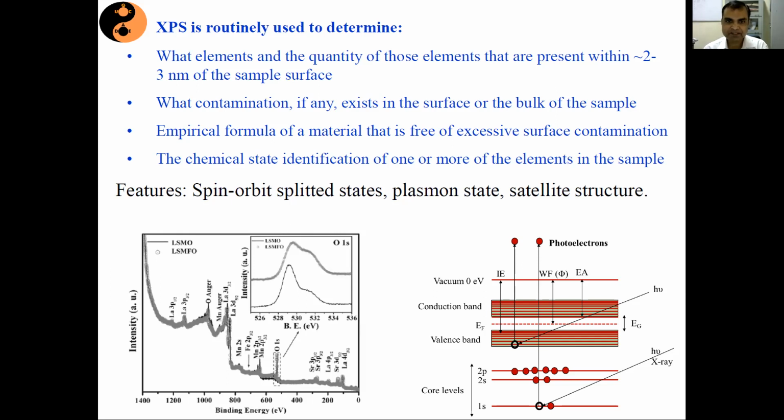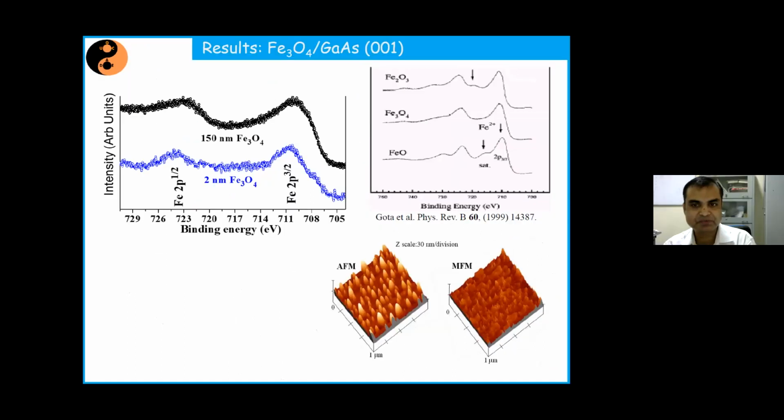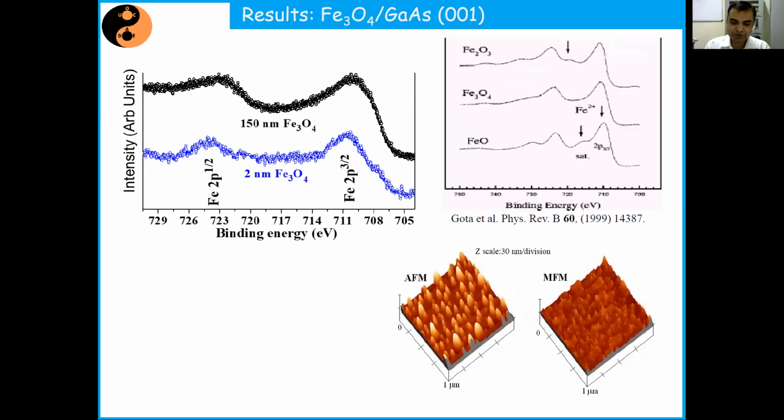Now, here is the example of Fe3O4. Yesterday we talked about how we grow thin films of Fe3O4. Suppose my film thickness is only 2 nanometer or 1 nanometer, X-ray diffraction is not that powerful to really show the signature of the formation of Fe3O4. But X-ray photoelectron spectroscopy is a highly surface sensitive technique, so it allows us to understand what kind of phase this iron oxide is forming in this particular film.